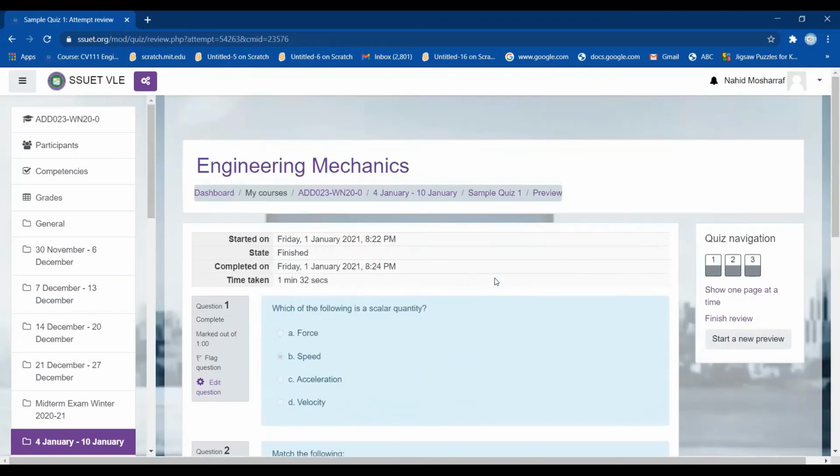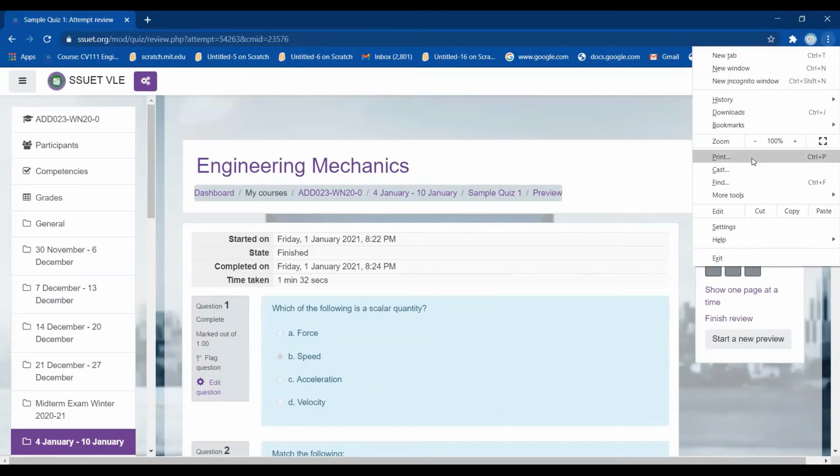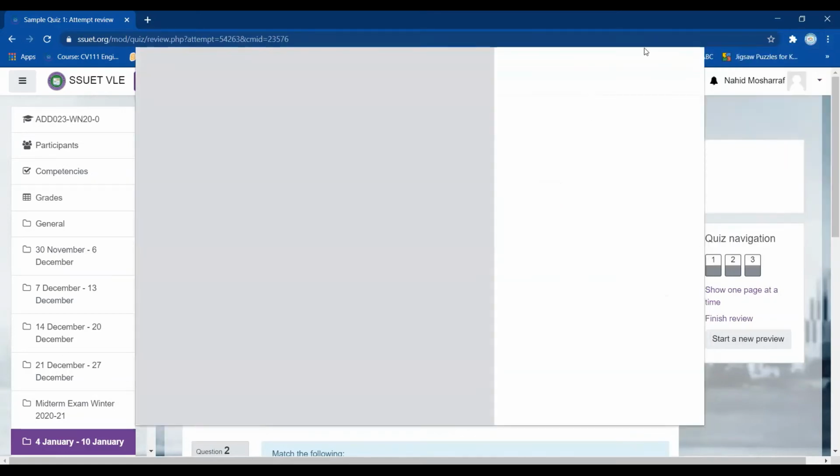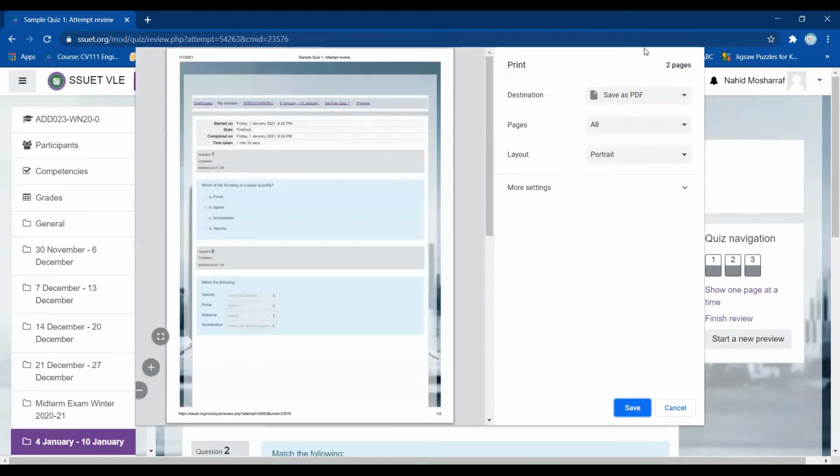And if you want a snapshot of this quiz, how can you take it? If you are working on your Google Chrome, you will get these 3 dots. You have to click on this and go to the print section. People will ask me if you are going to the print section, you have to print it. So I am not going for the print, because in destination I have the choices.